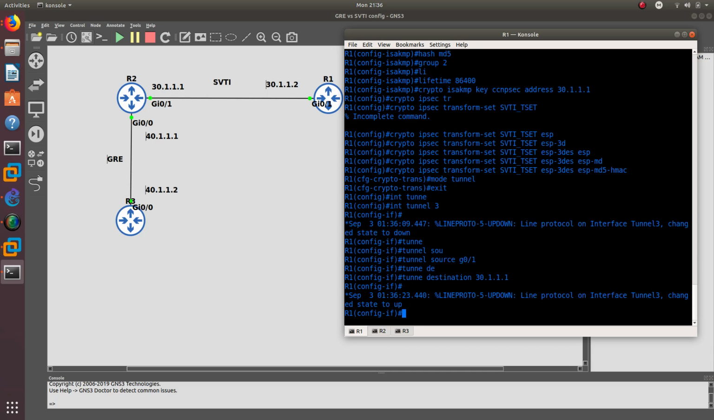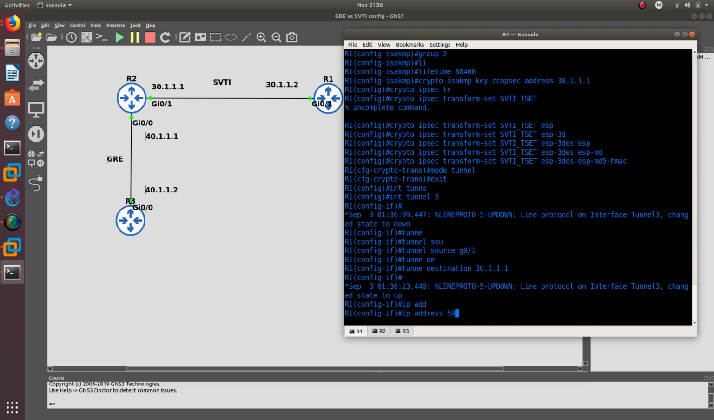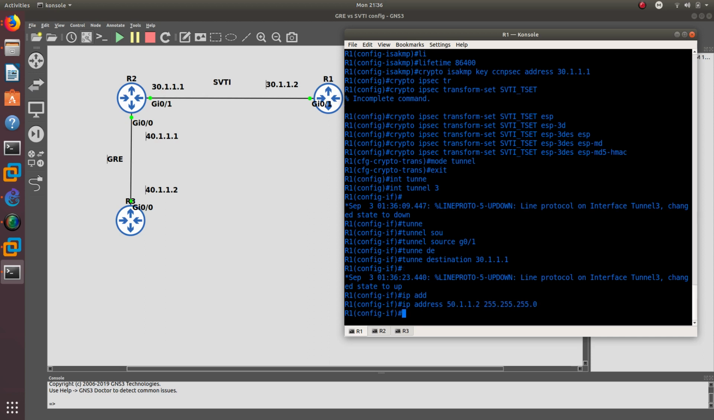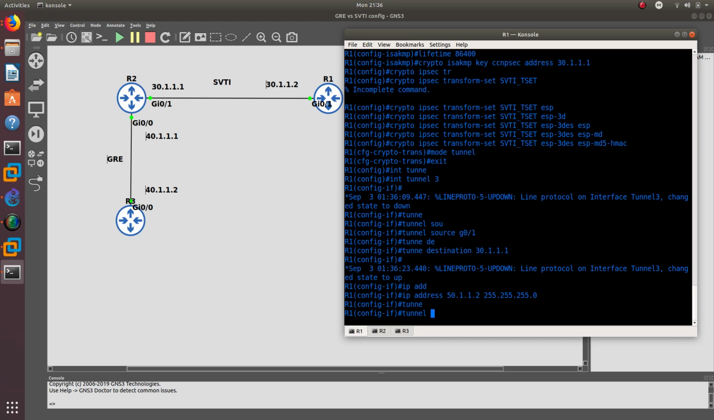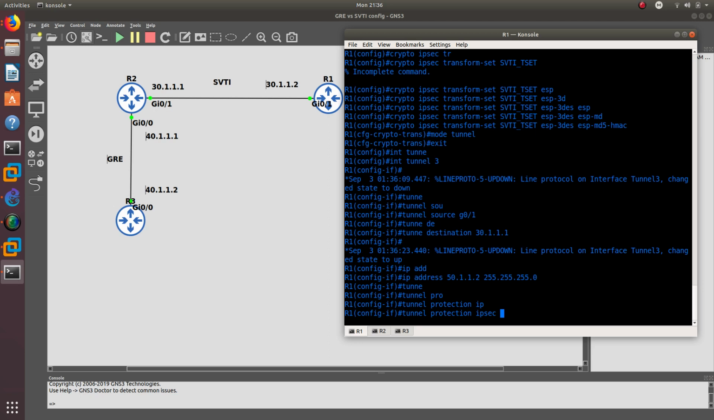And then we need to create an IP address for this GRE tunnel, which is going to be, let's go ahead and create just 50.1.1.1, or .2 actually, 255.255.255.0. Great. So now after we do that, we need to go ahead and do a tunnel protection using IPSec